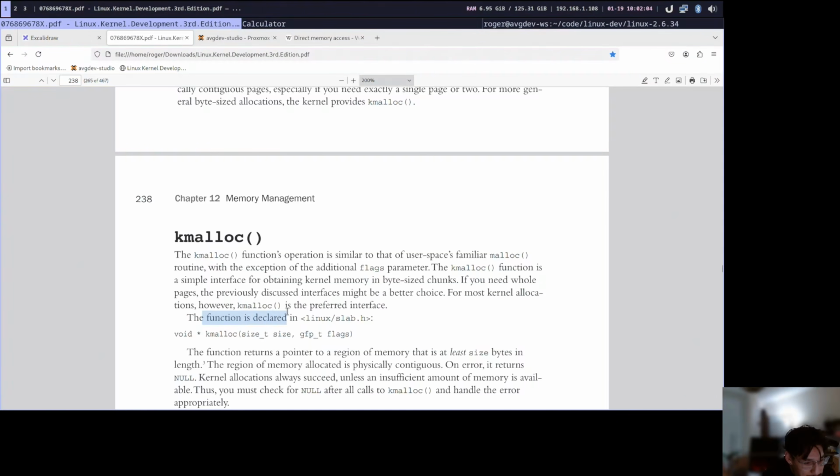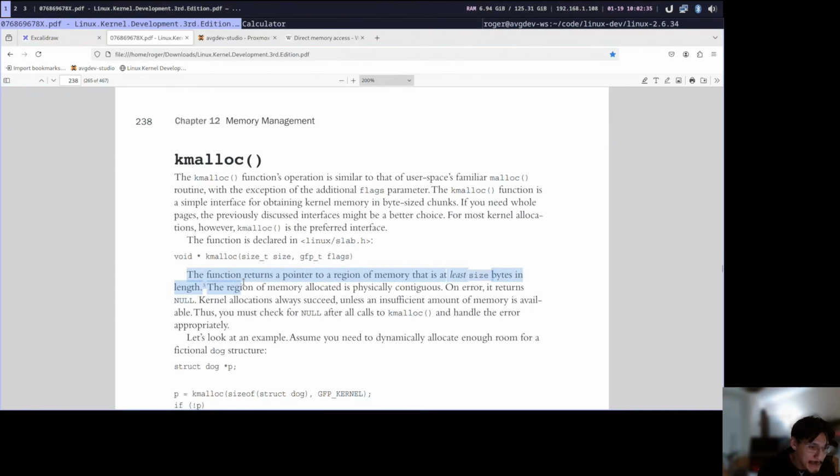The function is declared in linux/slab.h. It returns a void pointer, and the function is called kmalloc. Give it a size and give it flags. It's kind of like normal malloc. You provide the size, except that we need the flags parameter, with the exception of the additional flags parameter. So the function returns a pointer to a region of memory that is at least size bytes